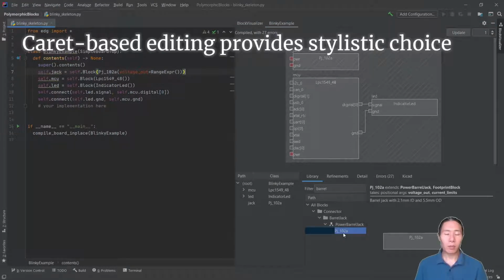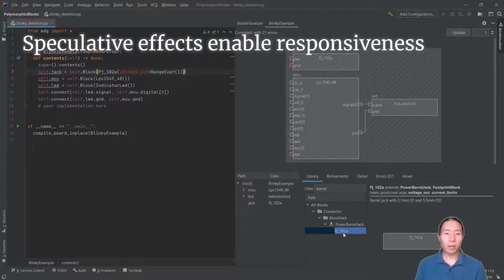Since there are many valid positions to insert the new code, with code cell often an important consideration, we leave the choice to the user by inserting at the caret. The caret then advances past the new text, allowing for multiple edits in a row. To provide a responsive interface, we add the block into the diagram speculatively and without requiring a lengthy full recompilation. This assumes the new code results in exactly one block and is indicated by the hashed fill.